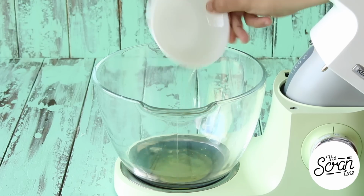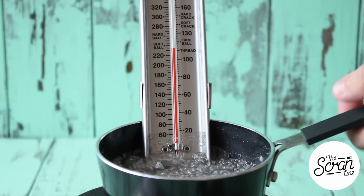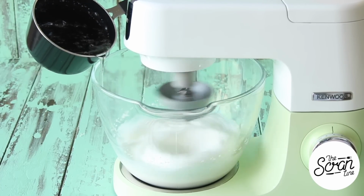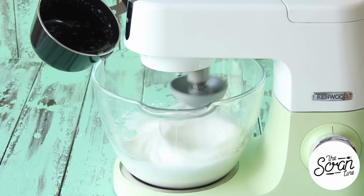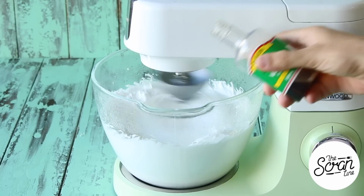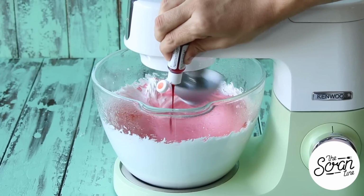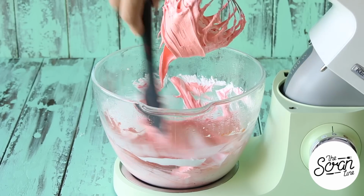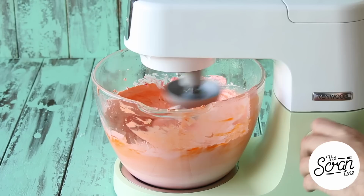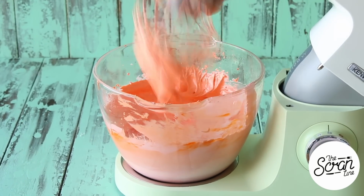on in your mixer. Mix those on high speed and get them nice and frothy. Once we reach 118 degrees Celsius, you want to very slowly and in a thin stream, pour that very hot syrup into your egg whites while the mixer is on high speed. Let that mix for a couple minutes. Add your vanilla extract and all of your food coloring, so red, orange, and yellow. Now you want to make sure you scrape down the bowl at least once to make sure everything is being colored evenly. After about 6 minutes, you can stop the mixer, get rid of all that yummy fluffy meringue off